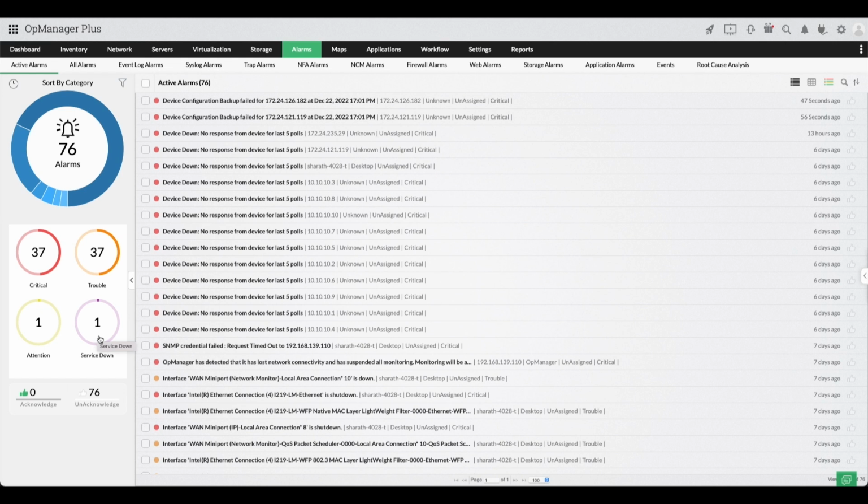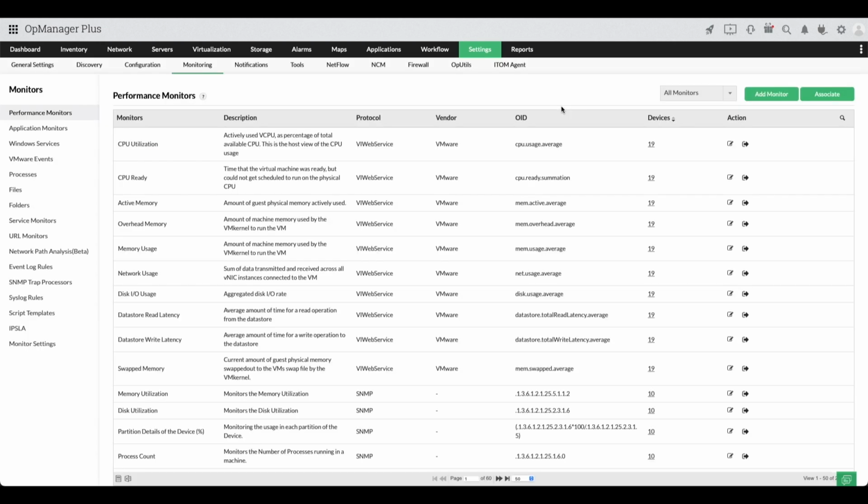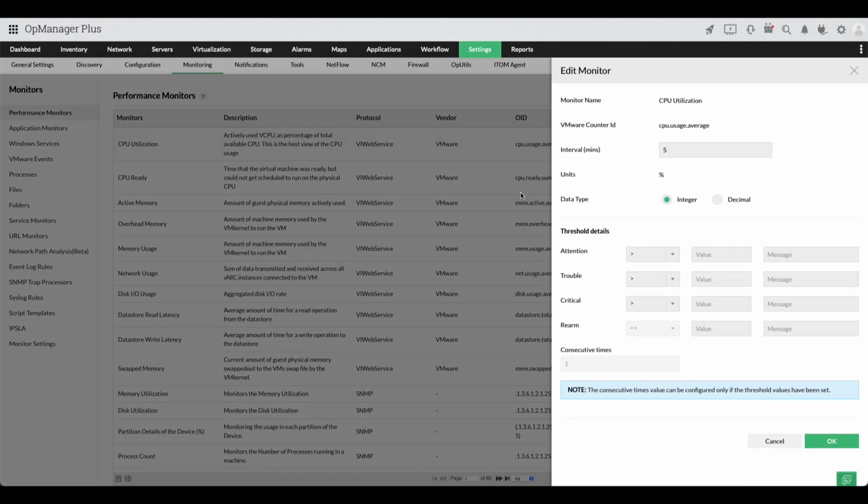Let us now talk in detail about how an alarm can be triggered in OpManager Plus. For the devices which we are monitoring in the OpManager module for the server or the network performance metrics, when a violation of the thresholds happens, you would be able to get that as alerts. First, set thresholds. For your performance metrics, you can select a particular performance metric on the port protocol, which you can see is associated to 19 devices already. For all these 19 devices, if you wish to change the threshold value, click on the respective performance monitor and set the values right here